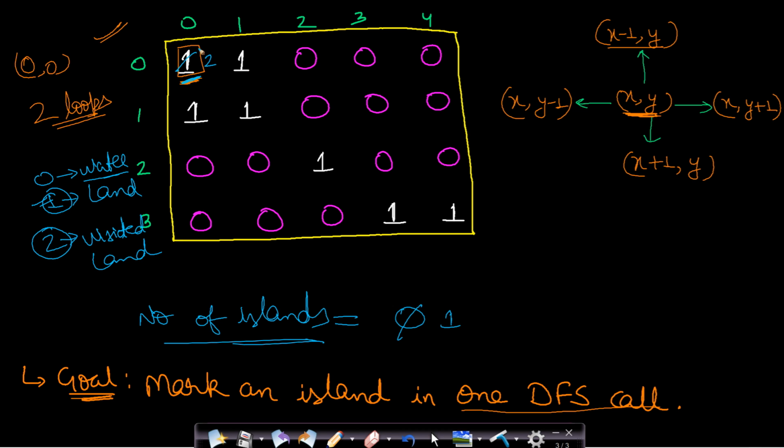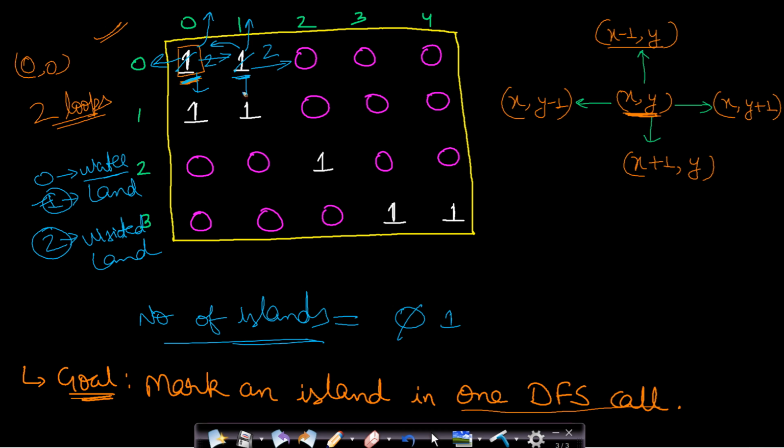Now I will make calls in all the 4 directions, that is top, left, right and down. I have already handled the boundary cases, the out of bound cases. So we won't process those, it will just return, and we will move on to the next cell which is 1. From this we will move right, this is also 1, we will mark it as 2. Now from this cell as well we will make 4 different calls.